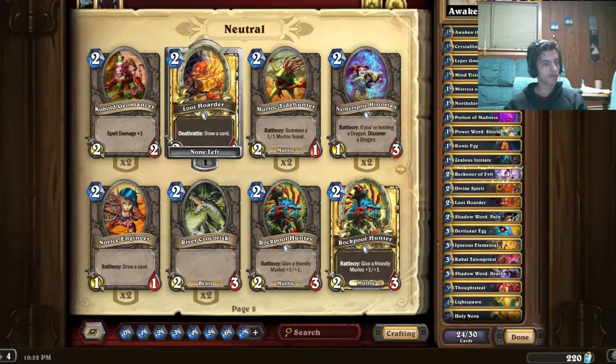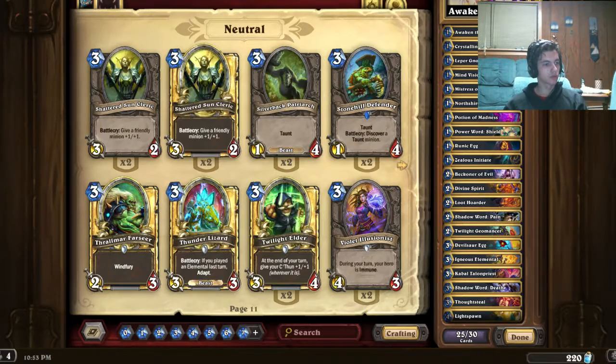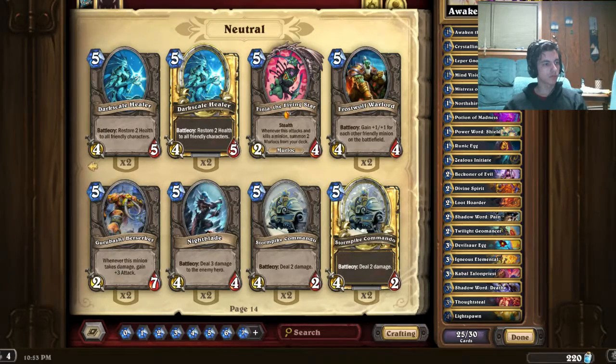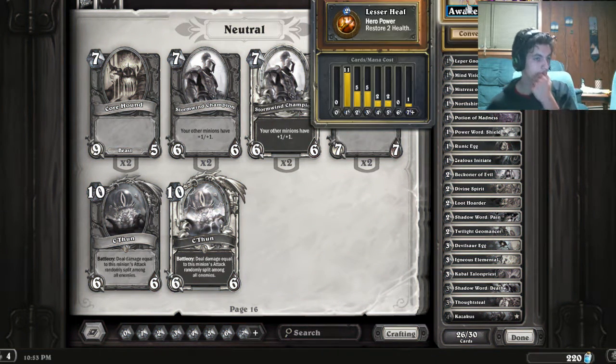So we get a Beckoner of Evil in there, a Twilight Geomancer. There's a Pantry Spider over there. Take one of them. Kazakus. Did I chuck Raza in? Oh yeah, he was in the priest. Alright, then what do we got? We need